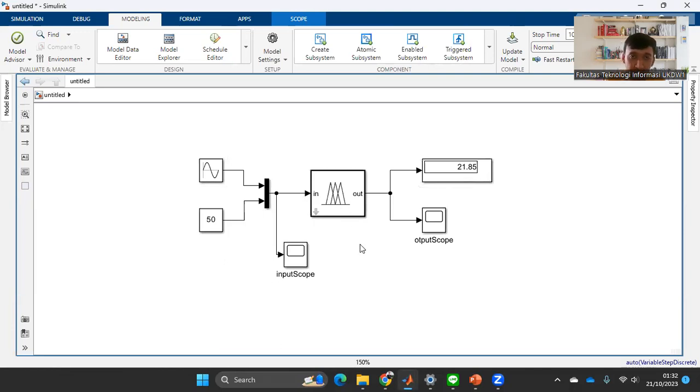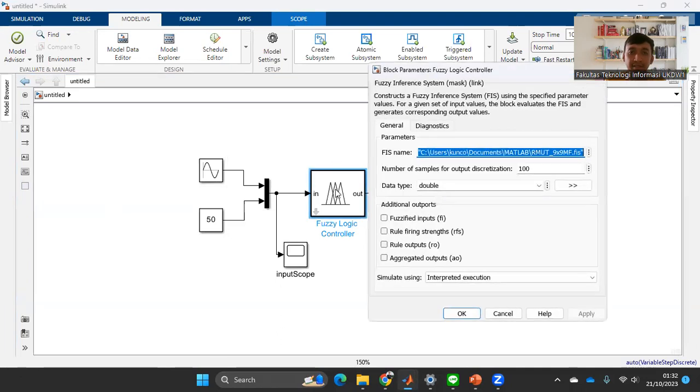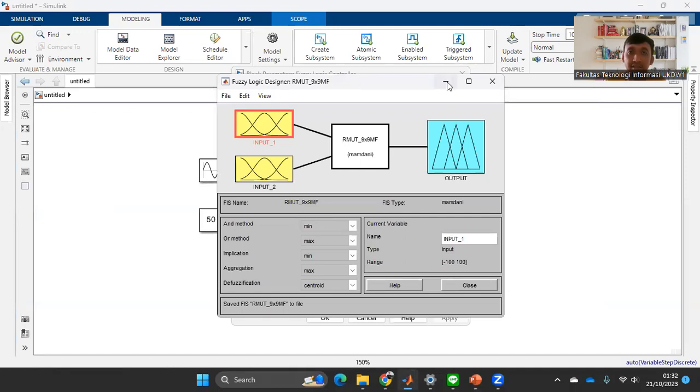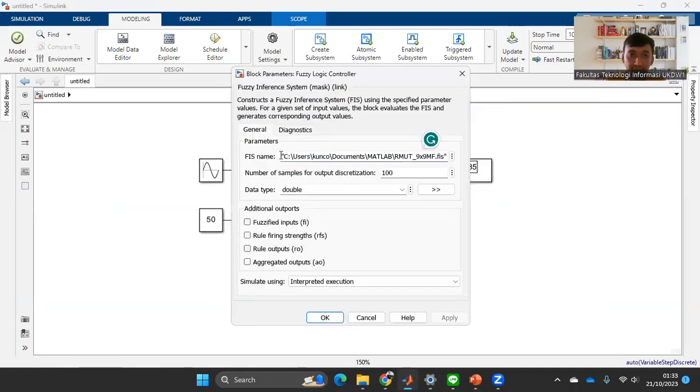And last, we should configure the fuzzy logic controller. For the FIS name, please select your .fis file that we already created before in the fuzzy logic designer, and we can write down the directory in your computer, and after that we click OK.